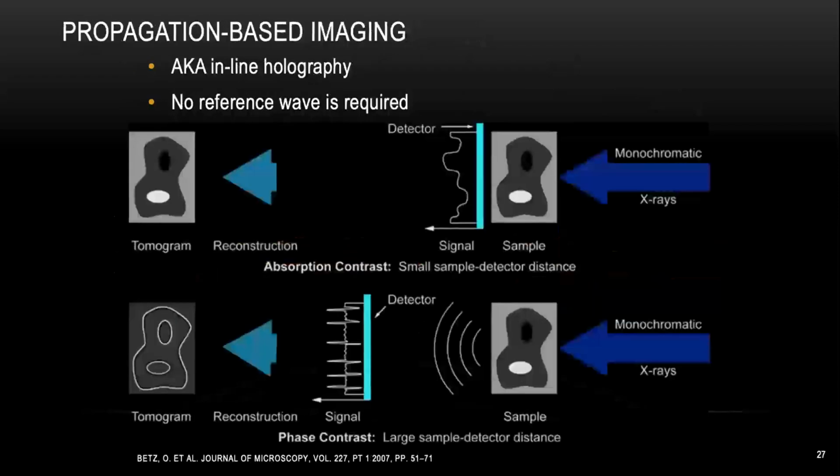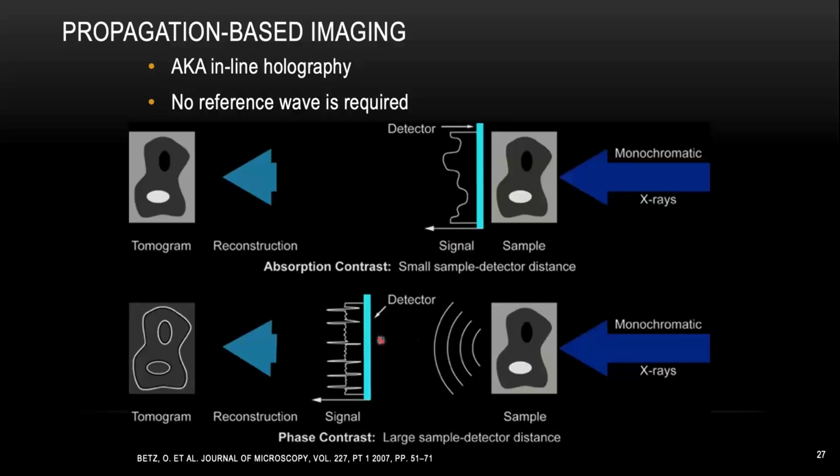And the second type of phase contrast imaging is so-called propagation phase imaging, also known as inline holography. The benefit of this type of imaging is that you don't need any reference image. You can see from the picture on top, that's just our regular absorption image. So you're hitting your sample with some X-ray beam and you create some kind of intensity difference on the detector. By moving the detector further away from your sample, the X-ray signal needs to travel a much larger distance before it reaches the detector.